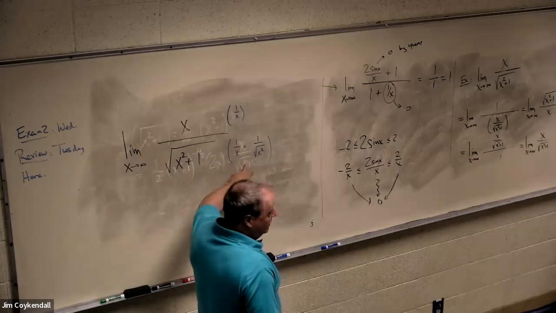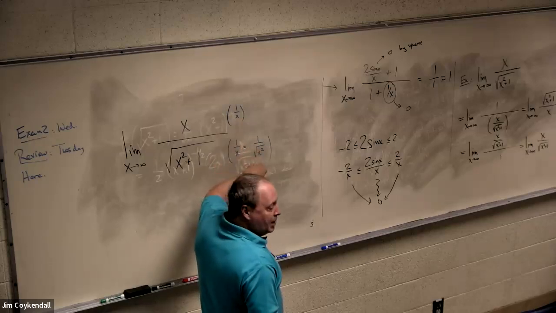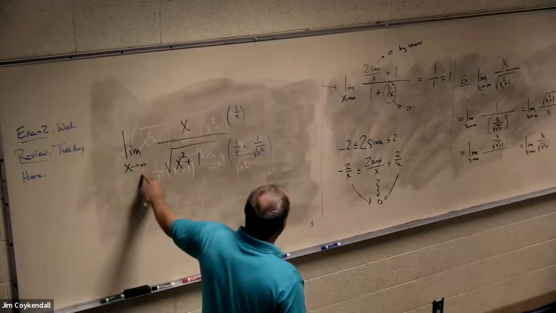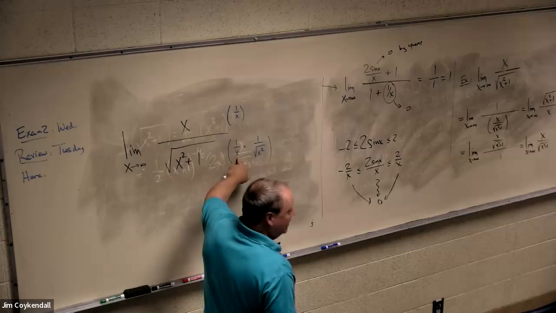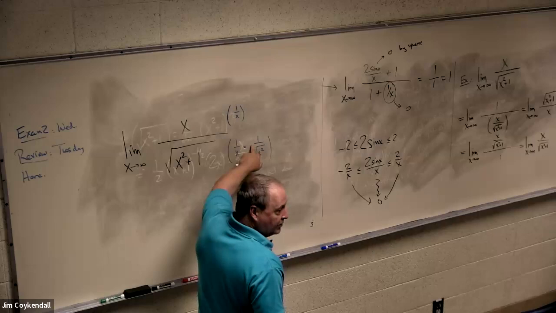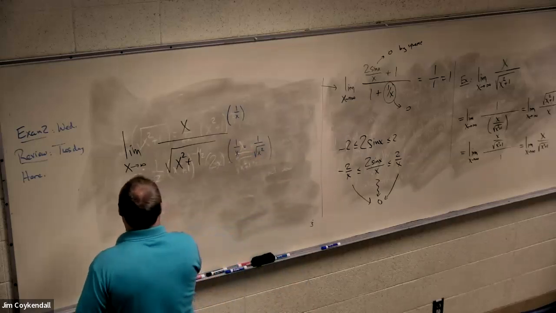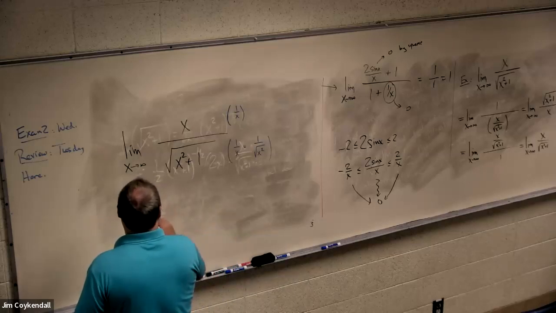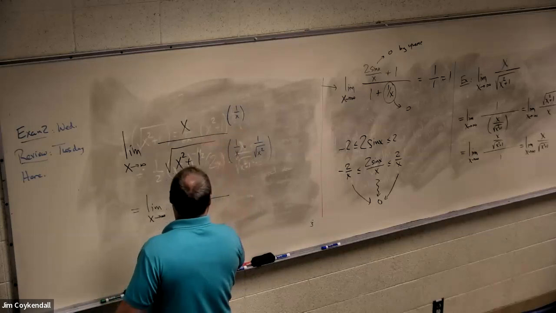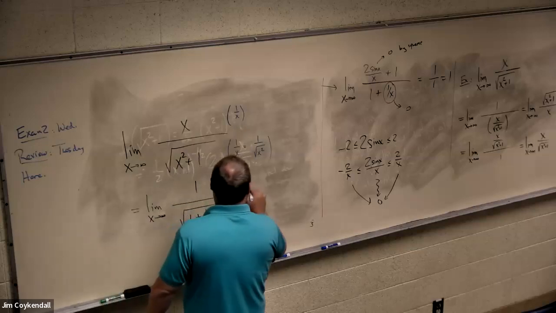And you have to be careful with this. 1 over x, these two are the same because x is positive, right? And that's okay because x is going to infinity. If x was negative, right, if we were going to negative infinity, I have to replace that by a minus 1 where it goes. But here I'm okay, and so this is the limit as x goes to infinity. That's a 1, and this is the square root of 1 plus 1 over x squared. So I get